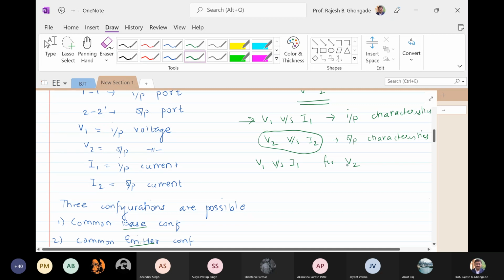Okay? और V1 similarly, I1 चेंज करेंगे तो V2 भी तो चेंज होगा ना? नहीं ना, for a particular value of V2, V1 और I1 के बीच में कैसा रिलेशनशिप है, ये मैं देख रहा हूँ। यस सर। सर इसमें तो ये V1 I1 जो है वो इनपुट का कैरेक्टरिस्टिक है और V2 I2 आउटपुट का कैरेक्टरिस्टिक है। the reason why जैसा इनपुट देंगे वैसा ही आउटपुट होगा ना।